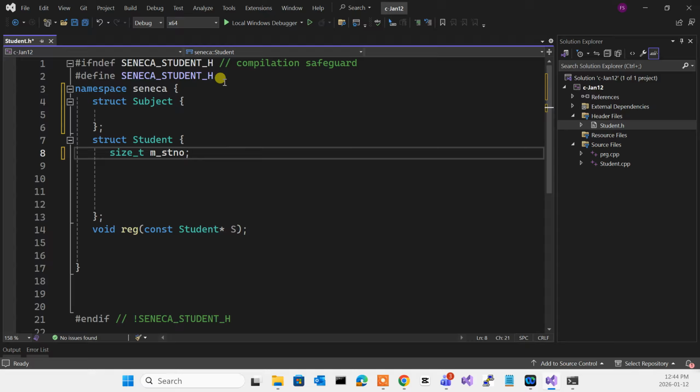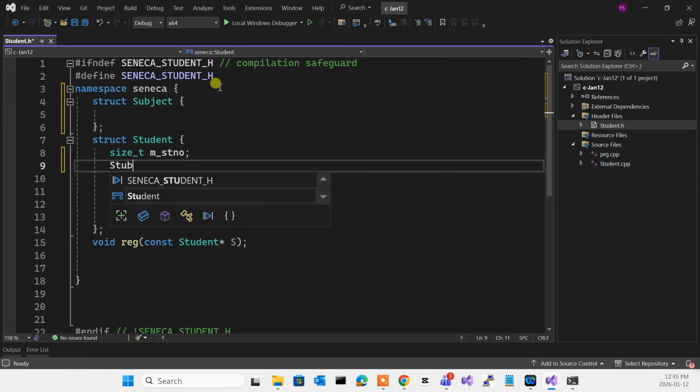And any company that you get hired in, they're going to give you a 1,000-page document to tell you how we are coding here, and you have to follow it. So any variable created inside the compound type must start with an M underline. Why? Because in IntelliSense, it helps you when you create an instance out of it. I'll show you. Anyways, so M student number, and in here I'm going to call subject